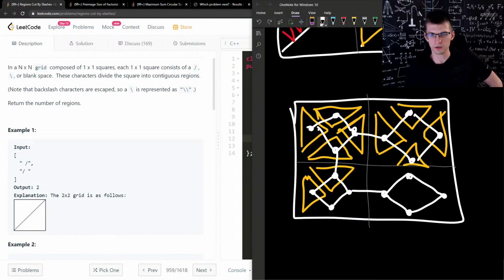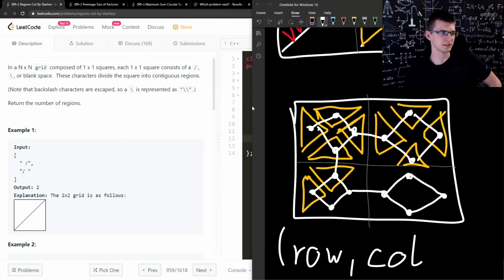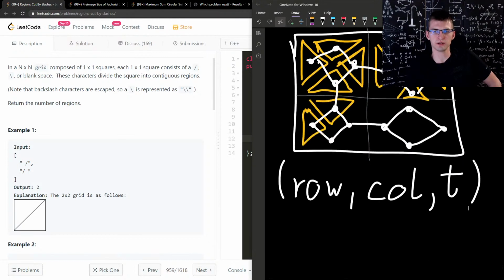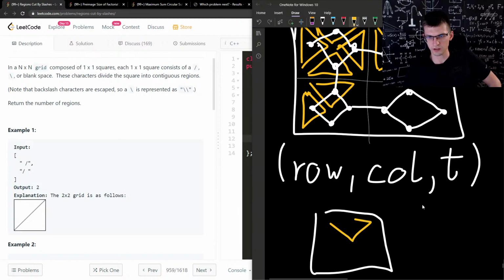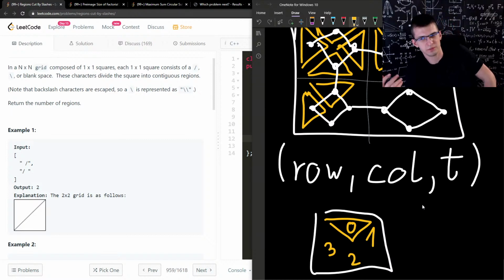Okay, now instead of just saying that everything is described by row and column, because in the problem Islands we just have row and column, I would also have here some type from 0 to 3, 0, 1, 2, or 3, and this type will denote, let's say that within a cell, this triangle is 0, then maybe 1, 2, and 3. We need to decide something. And then my logic will be